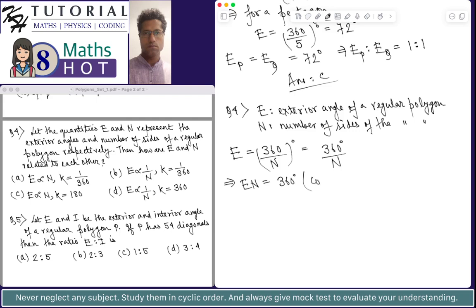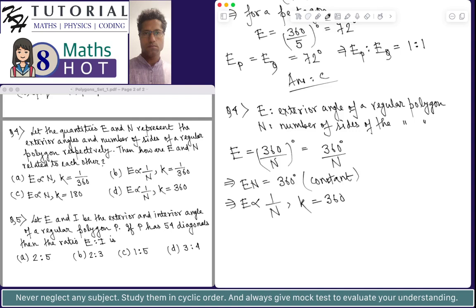This is a constant. So the product of the quantities E and n is a constant. So definitely this will imply that E will vary inversely with n,